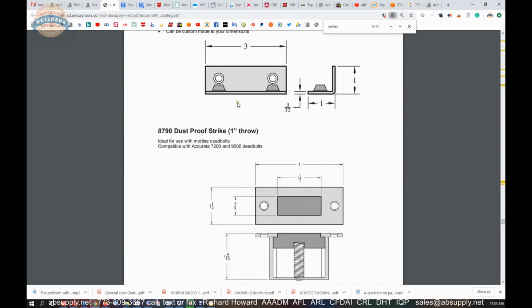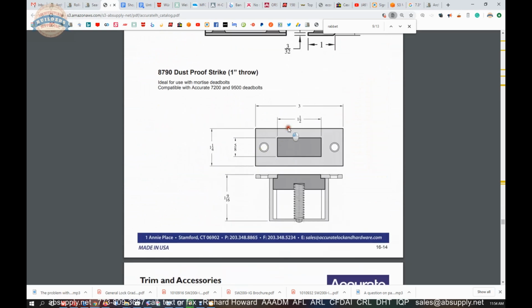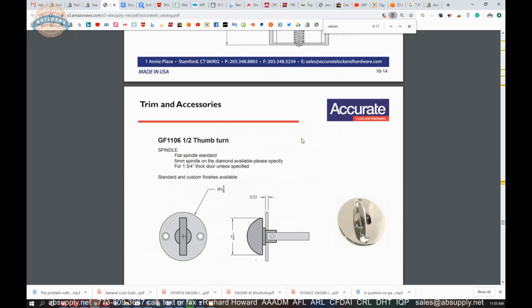What's interesting about this dust box is you can fit into it a bolt from an actual deadbolt. It's wide enough here to accommodate that. Just barely, but it is. I've done that. I've had people that wanted to put a deadbolt in the bottom of an inactive door in a pair and have the bolt go into the floor, but they didn't want to just have a strike with a hole in the floor, and a standard dustproof strike will only work with flush bolts. Well, the 8790, if you get that installed in just the right location, it will take the bolt from the